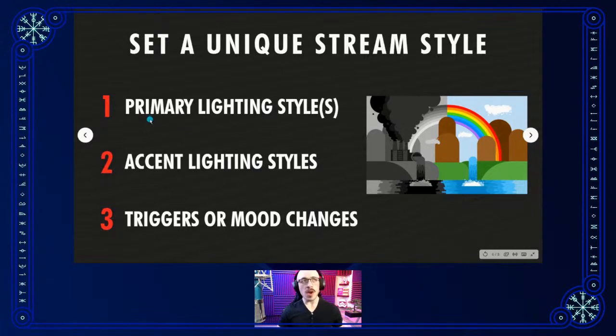So the three pieces we've gone over: your primary lighting style. This is something that you can simplify and just get one or two lights and call it a day, or you can invest in really nice, almost photography style setups. If that is something you want to level up for your primary lighting, please look into 3-point lighting, or a 3-point lighting system, 3-point lighting tutorial. That is going to give you a lot of information and setups that will look really pro,